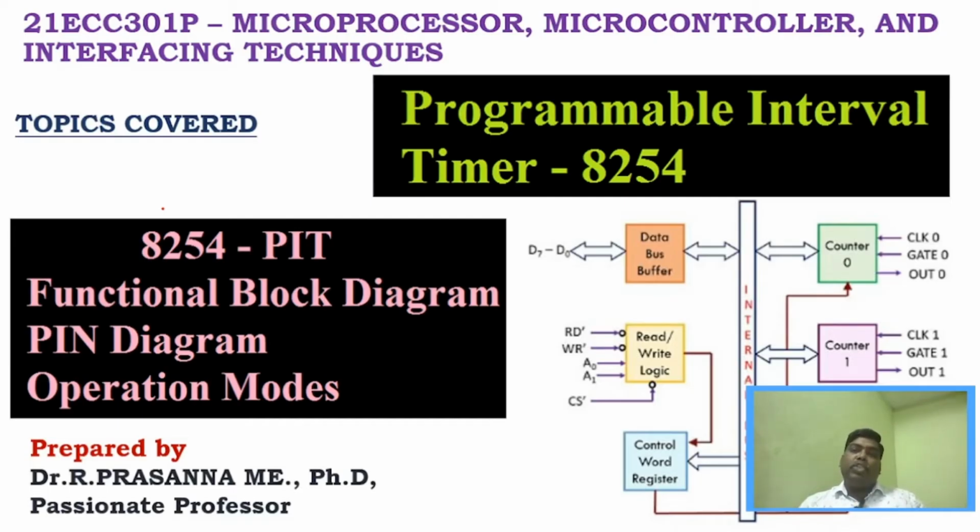So before starting this video, we have to see what is the use of 8254. What is the application of 8254, right? So 8254 is predominantly used to create infinite delay, and it can also be used as a square wave generator. But apart from it, what is the main objective of designing this particular IC 8254?